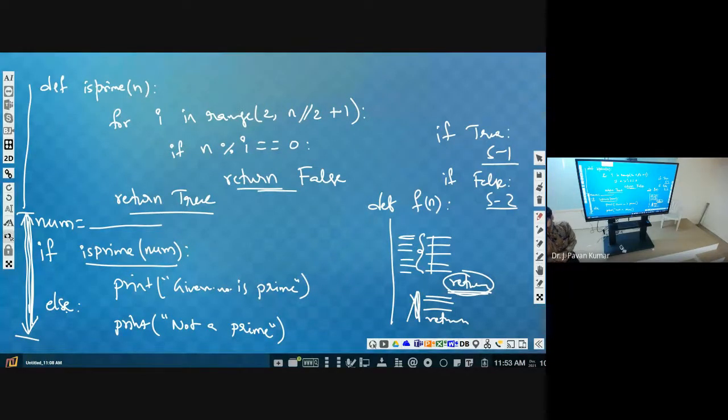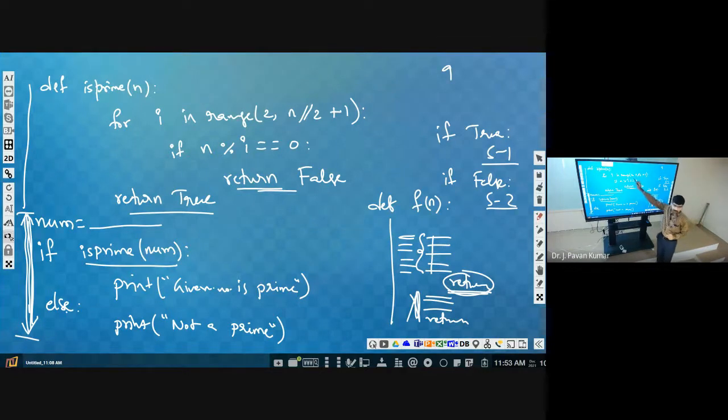Is that the condition? Then the problem here is, if n mod i is not equal to 0, then you are saying return true. Then what will happen is, suppose you give 9 as the input.